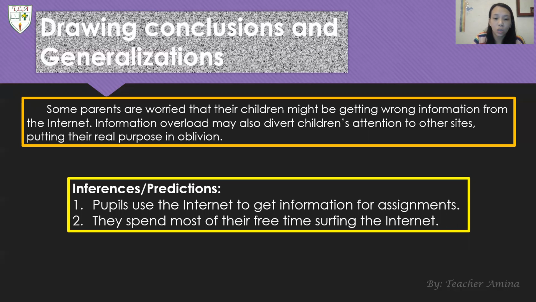Pupils use the internet to get information for assignments. That's correct, right? They spend most of their free time surfing the internet, right? That's true because sometimes you don't even use it for assignments. You also surf the net to use Facebook or watch a video on YouTube, okay?